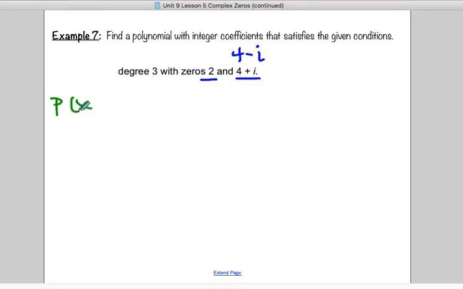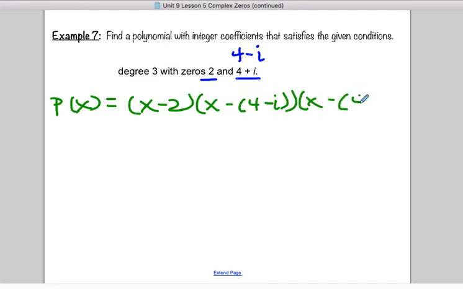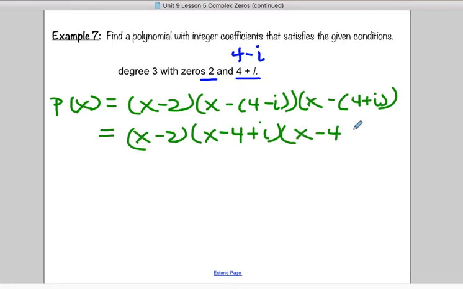P of x will equal x minus 2. Then here's where you gotta be careful. This is a binomial, so it's gonna be x minus parentheses 4 minus i. Okay, putting it all in parentheses. And then you'd have x minus, and then it would be 4 plus i. So this gives me x minus 2. When I distribute this, I will have x minus 4 plus i, and then I will have x minus 4 minus i. I am going to ignore my x minus 2 until the end, and I am going to distribute